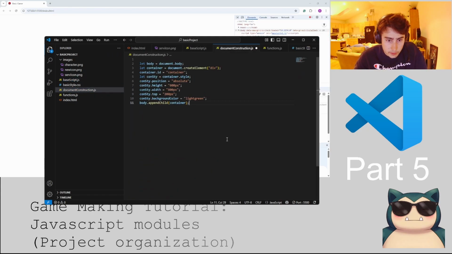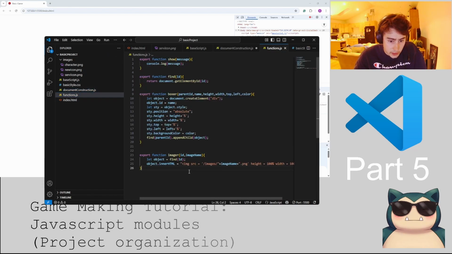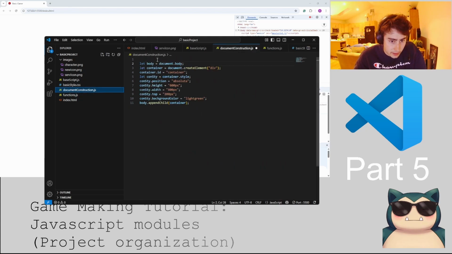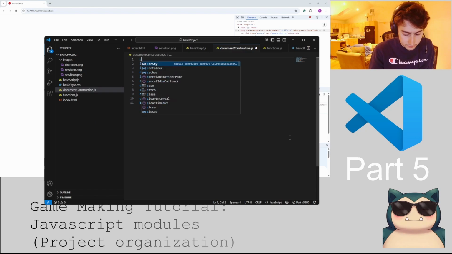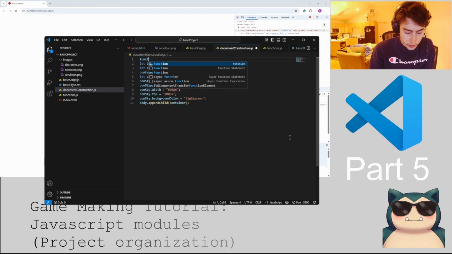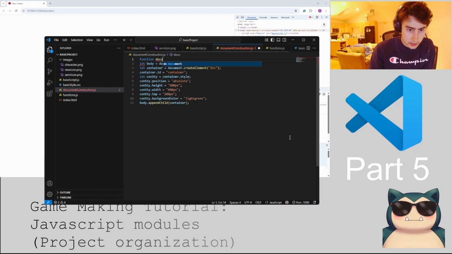Oh, I think I realize what's going on. So if we have lines that are not just definitions but statements like declarations, stuff's actually happening here, like things are changing here. Versus on functions, these are all just defined, and what's actually happening is when the functions are run. We need to actually turn this into a function. So let's say function doc construct,